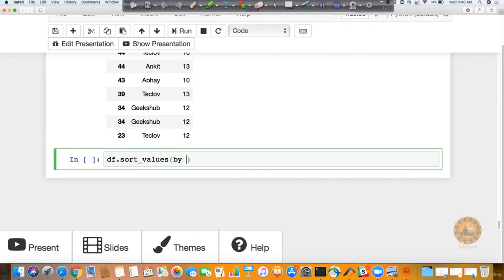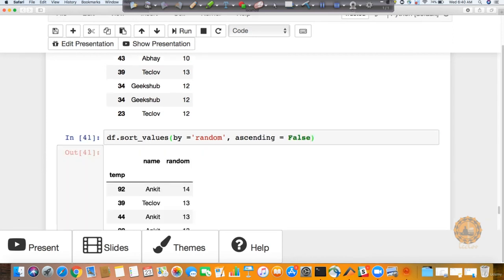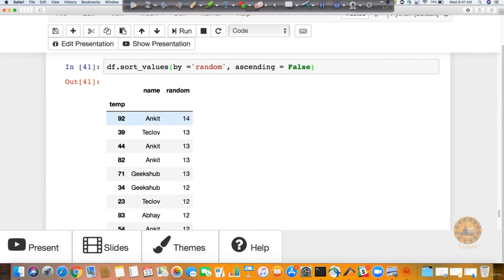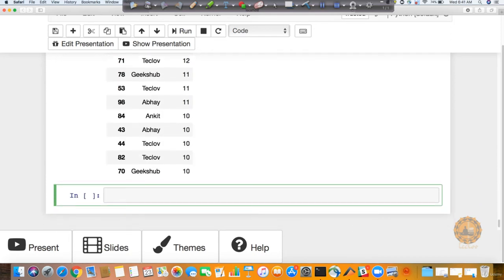By which column do you want to do it? I want to do it based on the random column. So you can pass the random column, comma, ascending, and this is again going to be false. Okay, and if you do this, you can see that now it is all sorted with respect to my random column, not with respect to index, because you can see 39, 44. Here 14, then 13, then 12. So with respect to a particular column value also we can do all this.